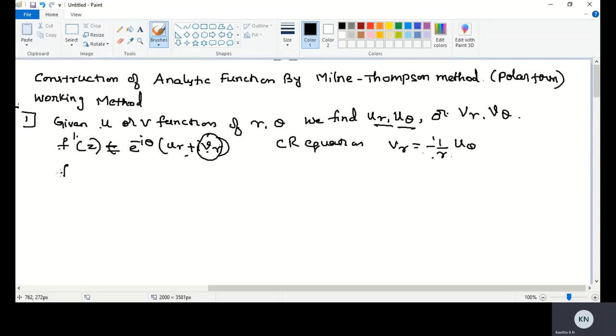Means what will happen? f dash of z is equal to e to the power of minus i theta. We know the ur, but we don't know the Vr. In place of Vr, we have to substitute minus 1 by r u theta. So ur minus i by r u theta. Then similarly, if v is given,